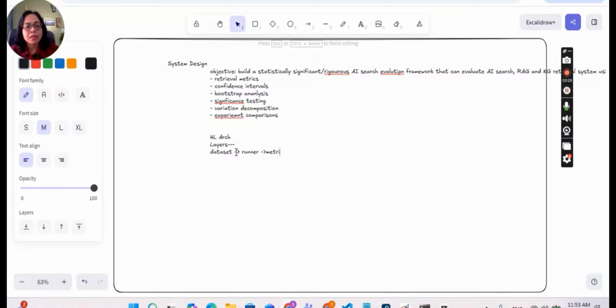So here the third layer is the metrics, and then after capturing the metrics we are performing some statistical testing. So, the statistical layer, okay? And the next one, after statistical testing, is the reporting layer, and then after that we are having some results after the experiments, you can say various kinds of